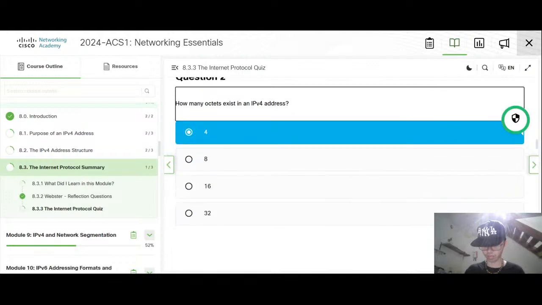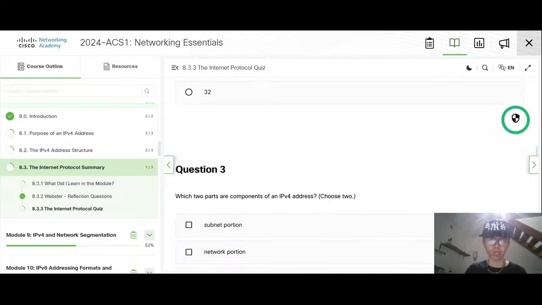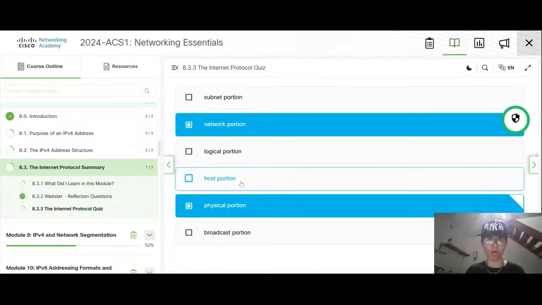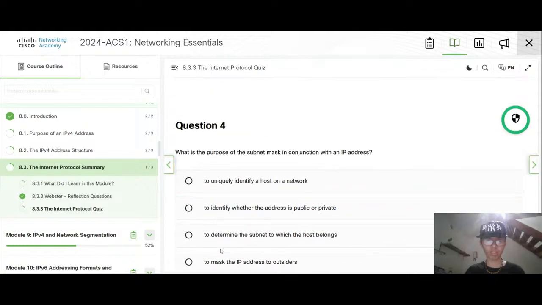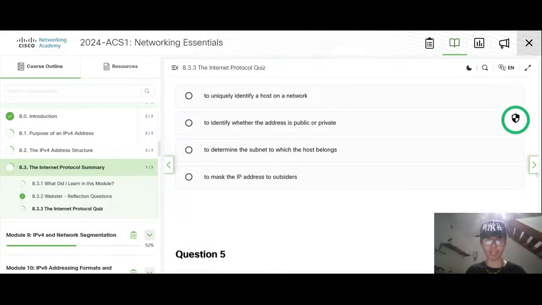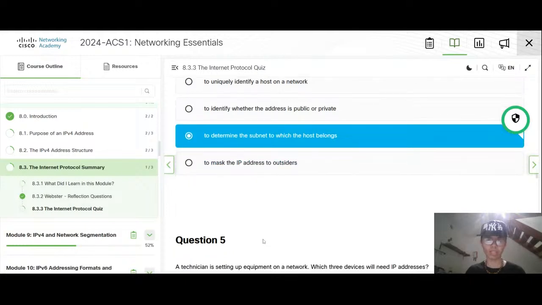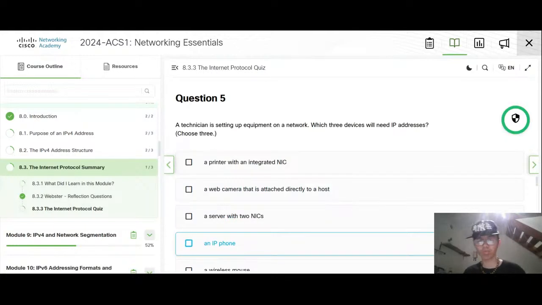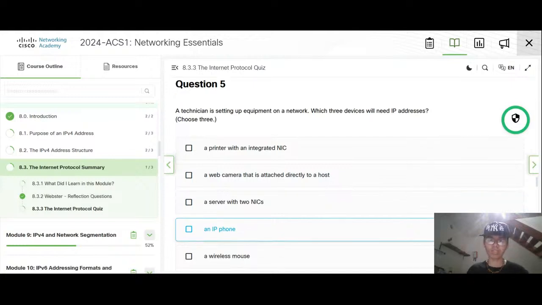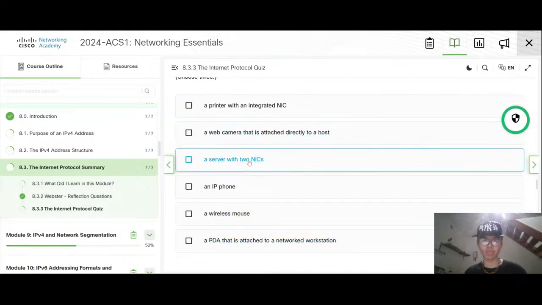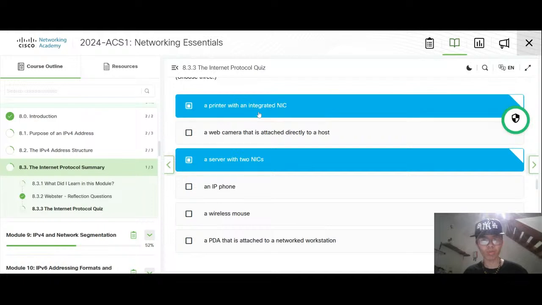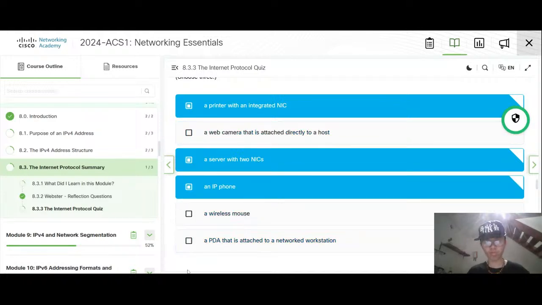Yeah, two parts: the network and the host portion. Subnet mask is to determine which subnet the host belongs to. Devices we need an IP address. It needs a server with two NICs, then with granted NIC, and then maybe not this one. It is attached directly to a host. Maybe four, I think.